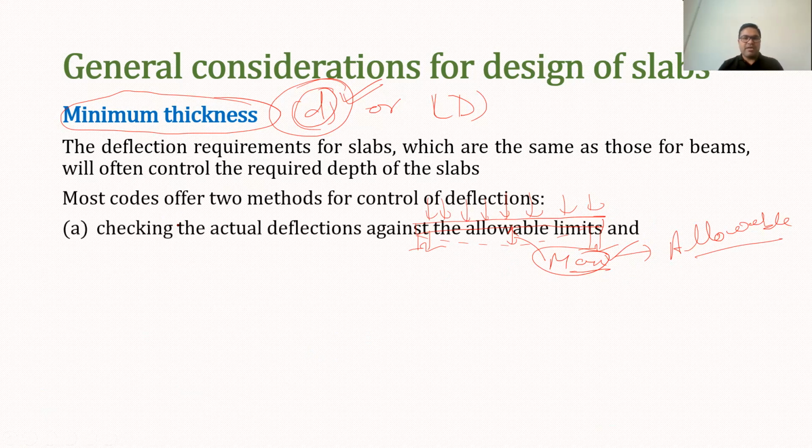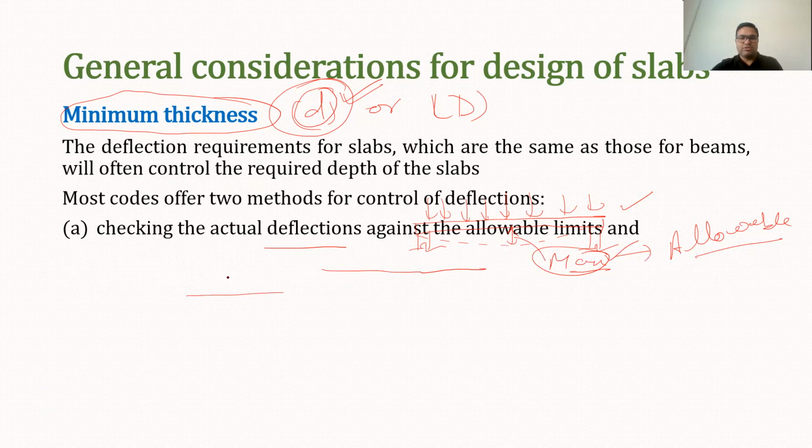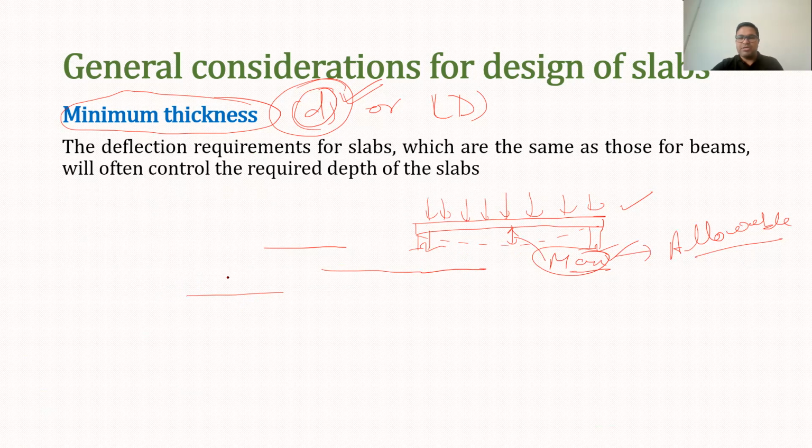So basically there are two methods. One is checking the actual deflection against the allowable limits. So that is what I have explained here. And the second is adopting a specified maximum span to depth ratio for which serviceability can be assumed to be satisfied. So in this case, what we can do is we can develop a relation to